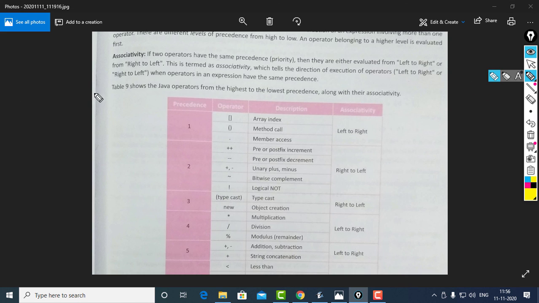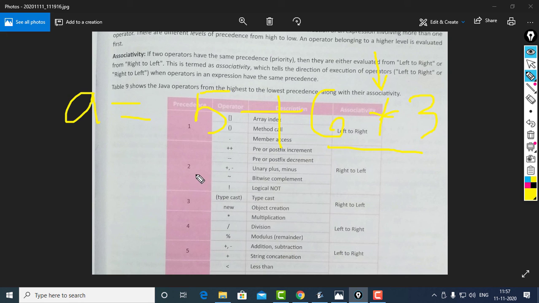Precedence means we preset the priority of each operator. For example, in maths you know the BODMAS rule. If in a single expression there are multiple operators, the operations will be performed depending on the priority of each operator. For example, in this expression, a is equal to 5 plus 6 into 3, 6 multiplied by 3 will be performed first, because the multiplication operator has higher priority than the addition operator. So we get 18, and 18 will be added to 5.